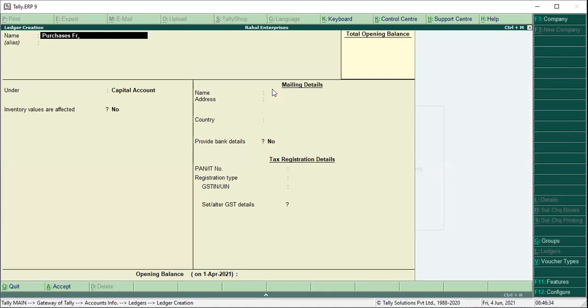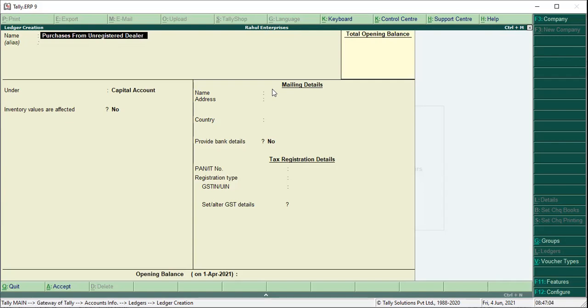You have to mention it in the heading: purchases from unregistered dealer. Instead of naming it purchases, you have to specify purchases from unregistered dealer.